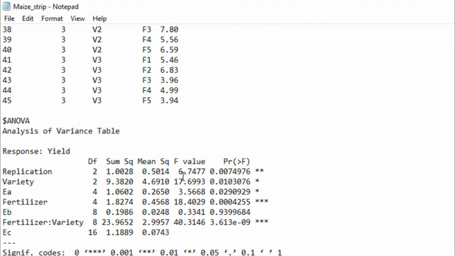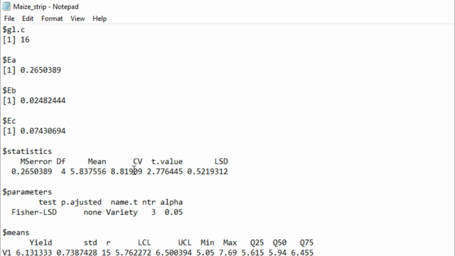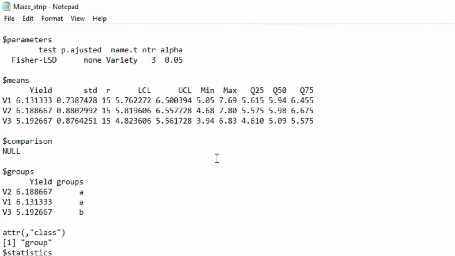Now we can see it is an analysis of variance for response variable yield and variety at 5% level of significance, and the fertilizer factor B at 1% level of significance, fertilizer into variety their interaction table at 1% level of significance, and CV value for variety, tabulated value and the LSD value. And also we find the varietal treatment and the mean value and the homogeneous group.